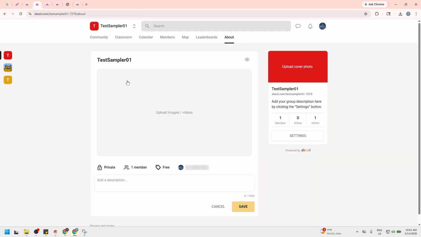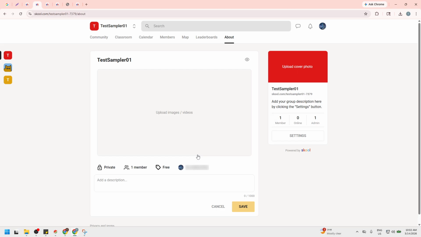Begin with a short welcome message in the input box. Keep it warm and concise, and consider using dynamic variables to personalize it. These variables can automatically pull in details like a member's first name or your group name, making each greeting feel tailored without extra work. A simple, upbeat sentence or two is often enough to make people feel seen and excited